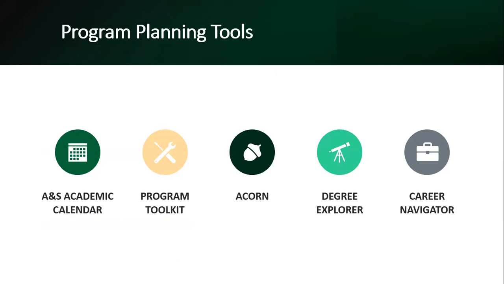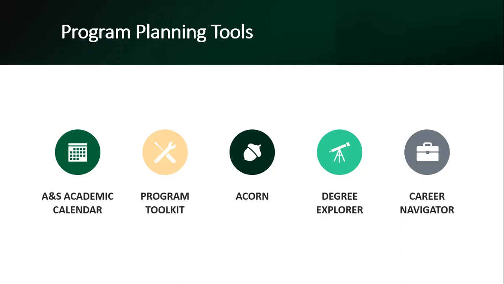For instance, the Arts and Science Calendar is more of a reference document. Through that, it provides you the information about the programs of study, the courses, degree requirements, rules and regulations of the Faculty of Arts and Science, and also your rights and responsibilities as a student at the university. We'll briefly have a look at that to know what that looks like.